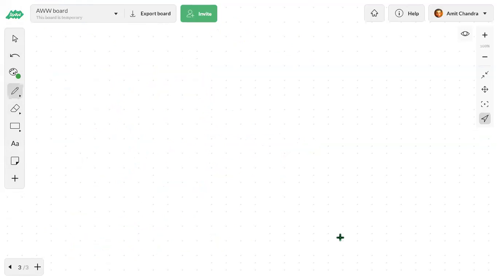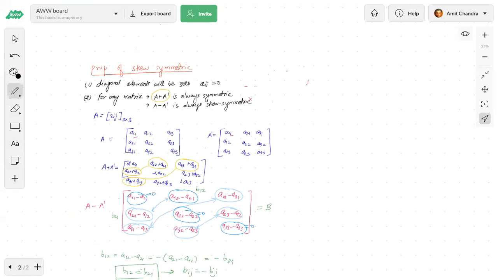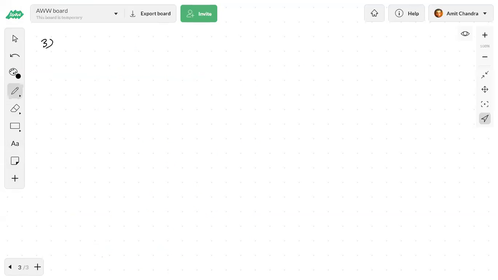Now let's see the next. If you remember, in even and odd functions we wrote something like this, that any function can be written as a sum of even and odd. In this also, any matrix can be written as, the third property is that any matrix can be written as,